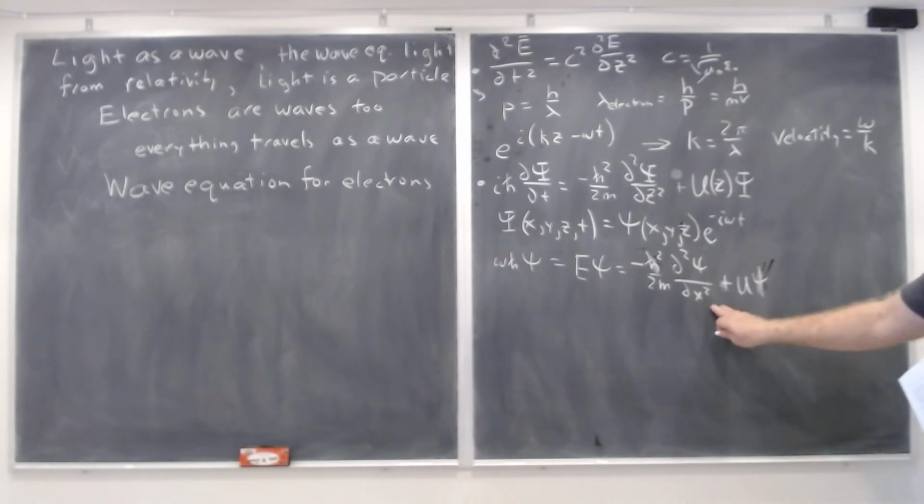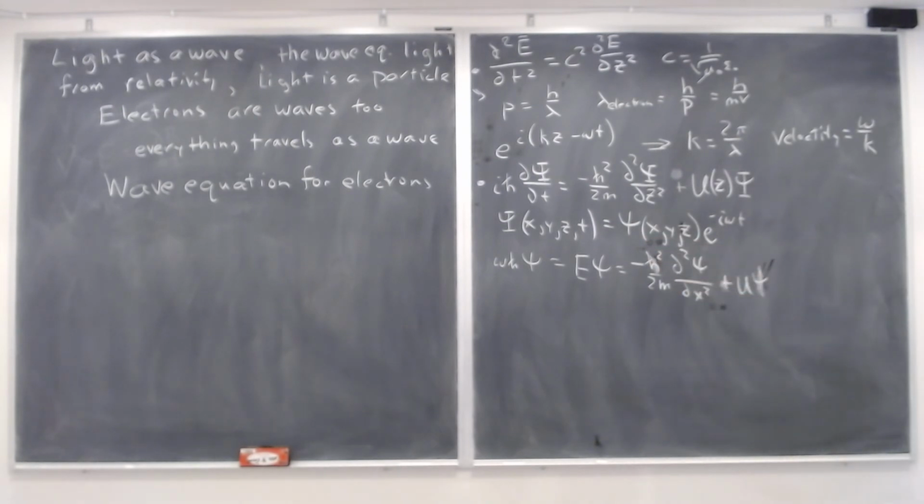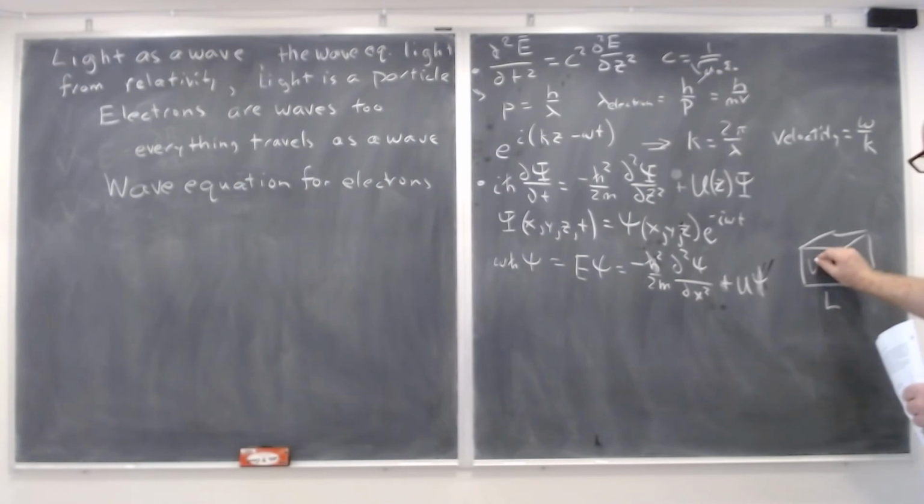And we use this equation to solve for the spatial function of psi, whether it's moving through space or whether it's confined in a crystal. Now, U for a crystal, or for a solid in general, is the way we describe it is that U is 0 inside and U is infinity outside.